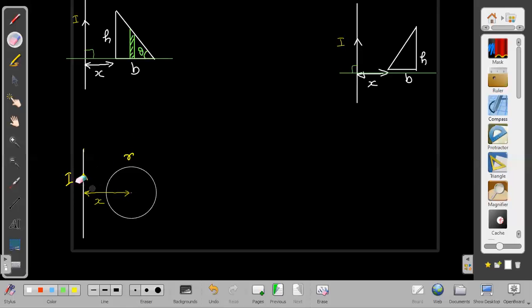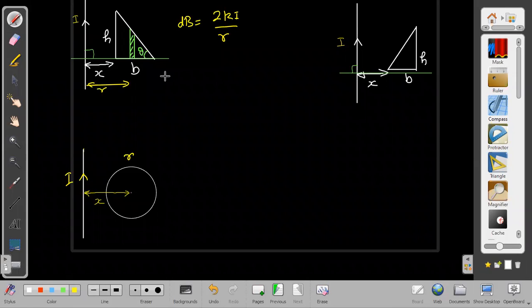I'm giving you time to do it yourself. By the time I'm arranging these diagrams, I expect some of you to get the answer at least. And those who are not getting it, just want to see how I will be doing it. Okay, let us see whether you got it right or not. dB is equal to 2k into I current divided by, again, r. Let me take this distance from here to here as r. What about this height here?